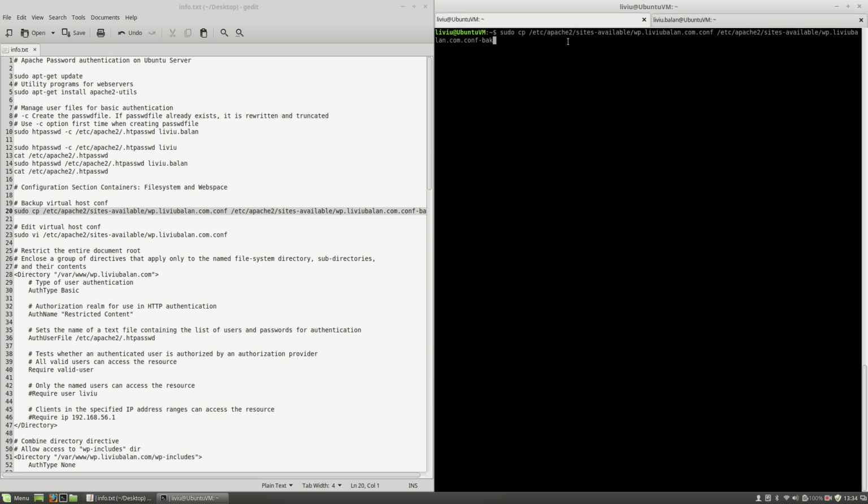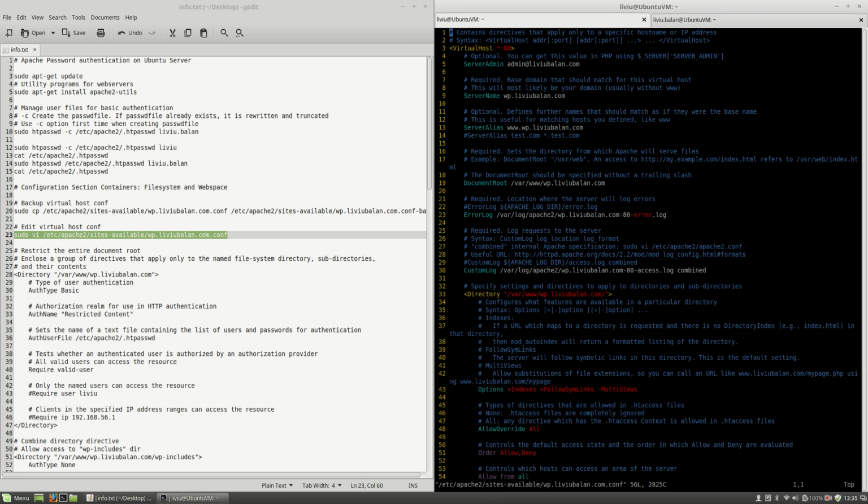As you guess, here I'm having a WordPress installation, and I will copy the content from here into another file with the same name but with a suffix .bak. Hit enter, and now what I want to do first is to edit my current virtual host configuration file. So I will use sudo vi /etc/apache2/sites-available/wp.liviubalan.com.conf. Hit the enter key,